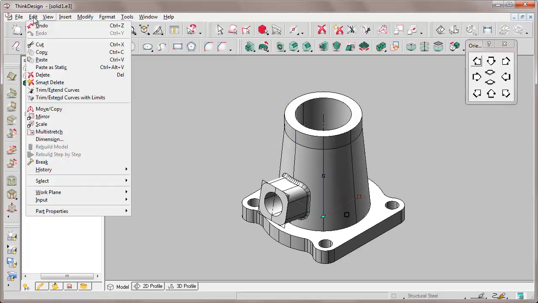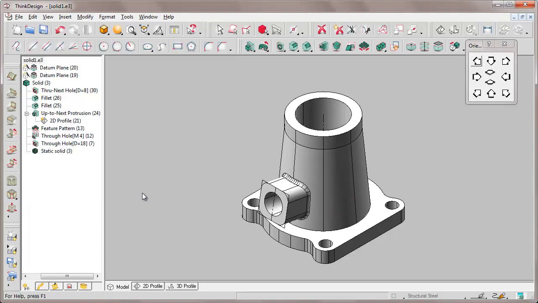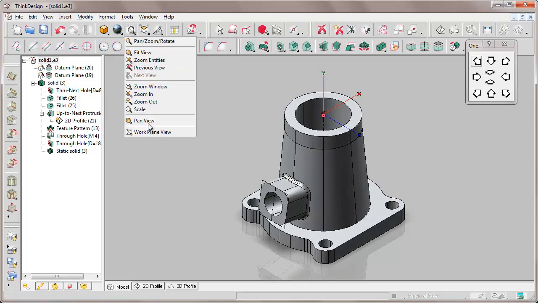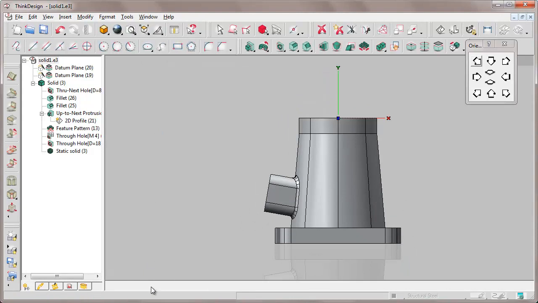Let's bring again the triad of axes to absolute reference system, that is, the triad of axes in the position world, because from this position we modify it, moving the triad of axes to that point, and rotate around the x-vector by 90 degrees, this because we need to orientate the xy plane to this position, because on that position we are going to create a profile for the next solid feature.